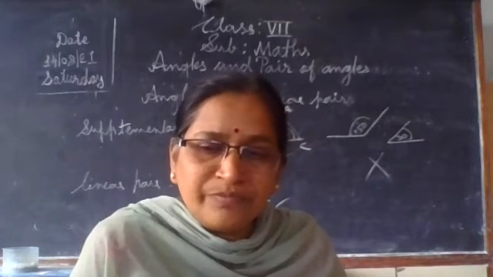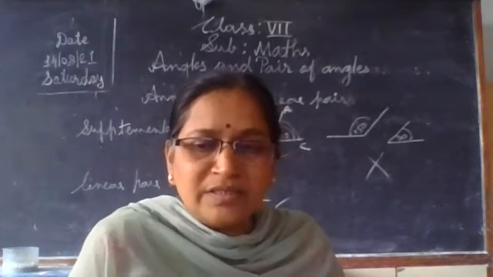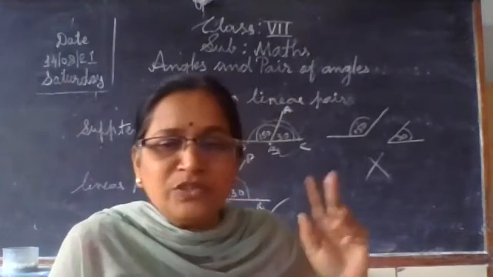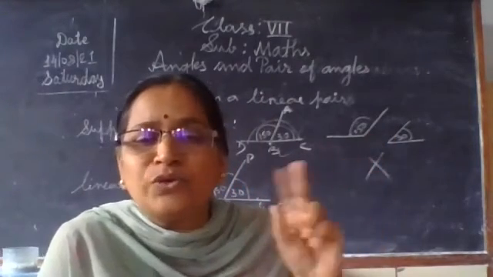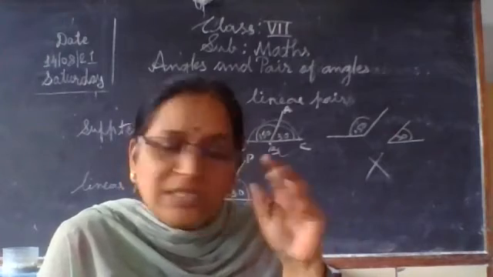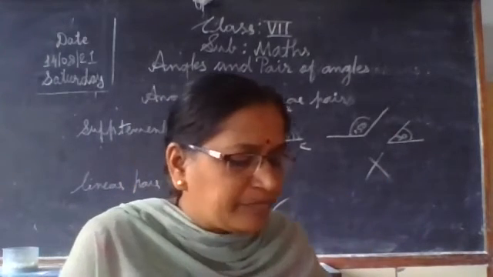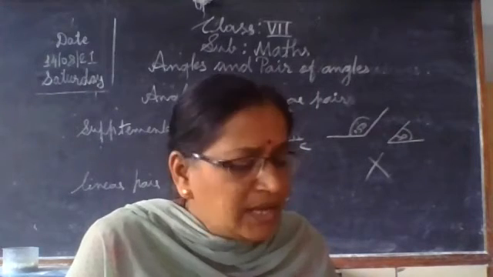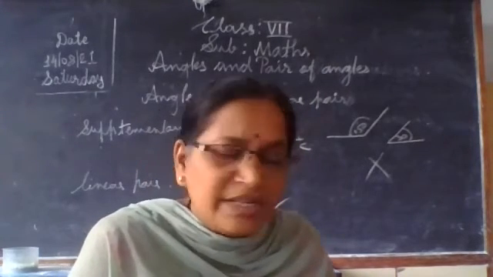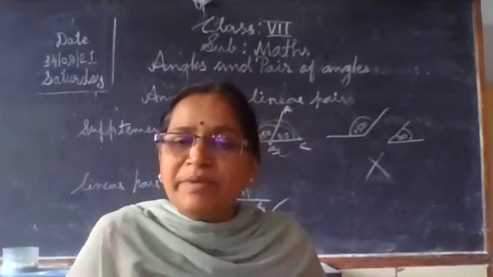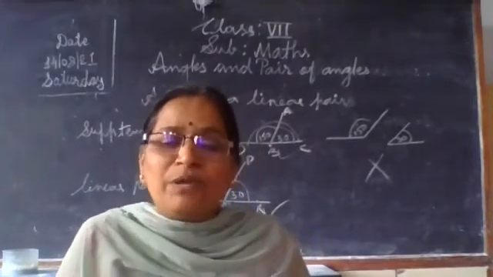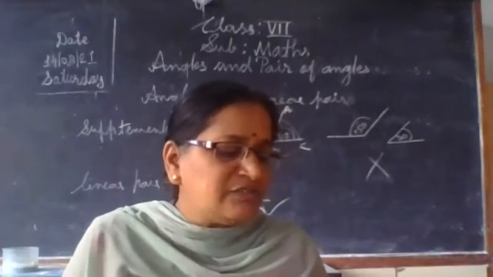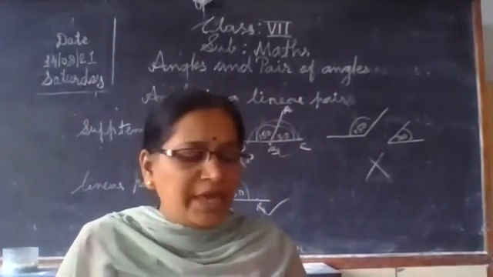What is the meaning of this? You have to draw two angles such that their sum must be 90, but they are not adjacent. Means you have to draw two separate acute angles, but the condition is the sum must be 90 degree. Complementary angles that do not form a linear pair. Yes, complementary angles don't form a linear pair. Why? Because linear pair means 180 degree and complementary angle means 90 degree.